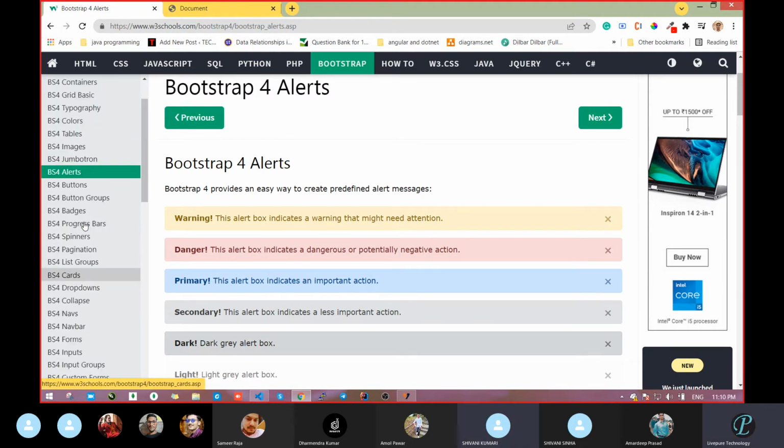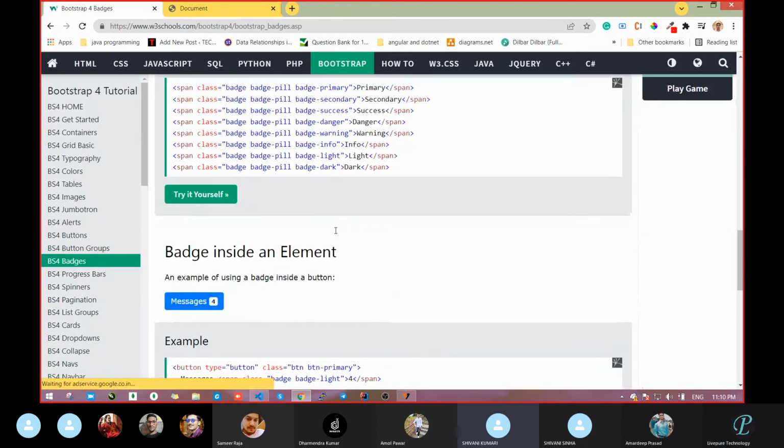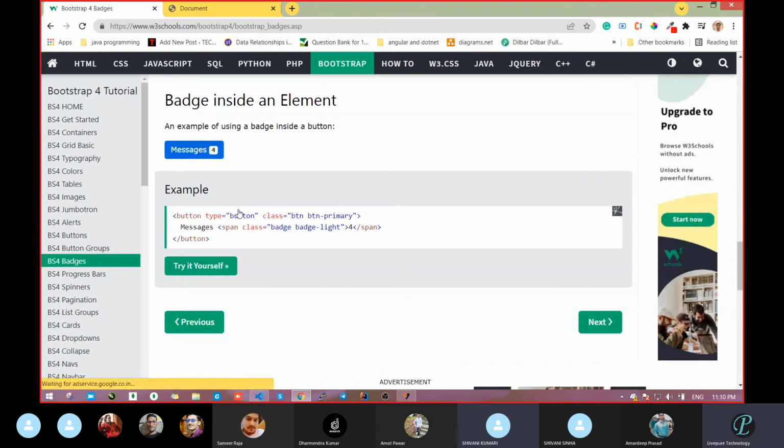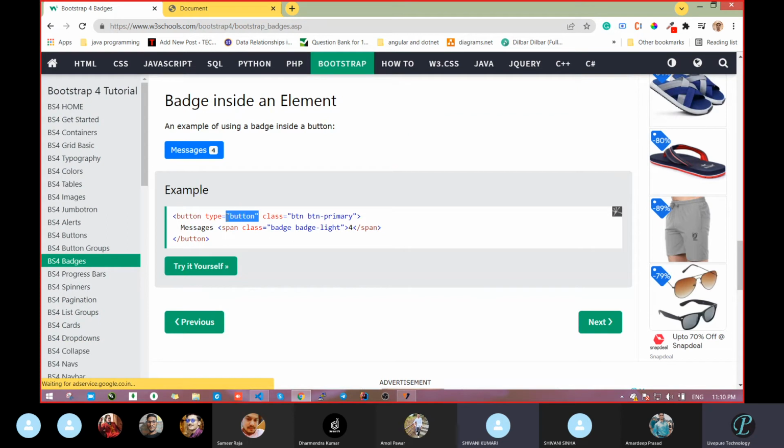In an interview, somebody will ask how you can make that design, like a button, then an alert. Suppose you have to show a pop-up, a navigation bar, or a notification bar, then how will you make it? Suppose notification is there. What was that? Badges. Correct. This one was notification. No need to remember this code or the class name itself. But surely you will get some class name in your mind.